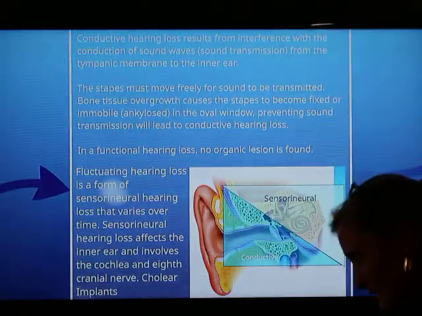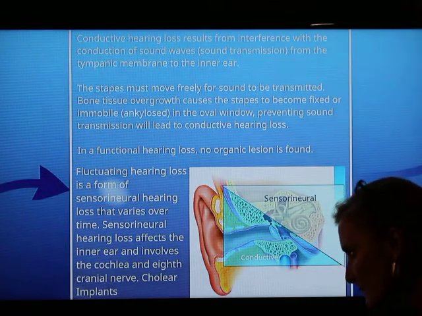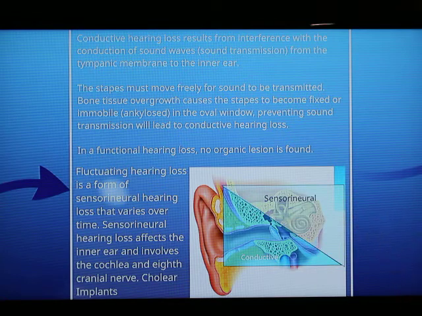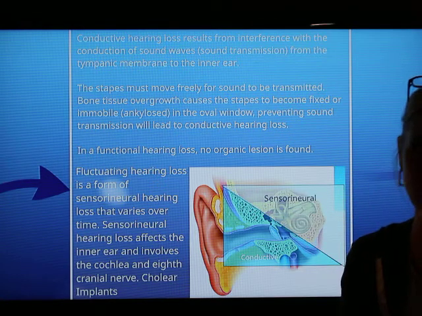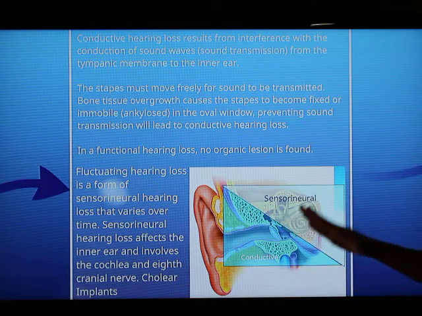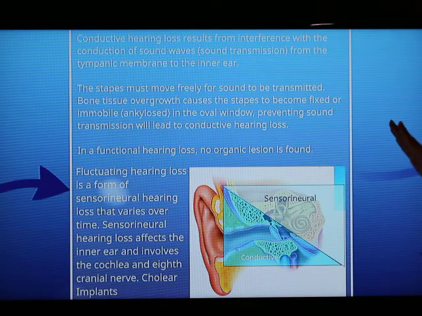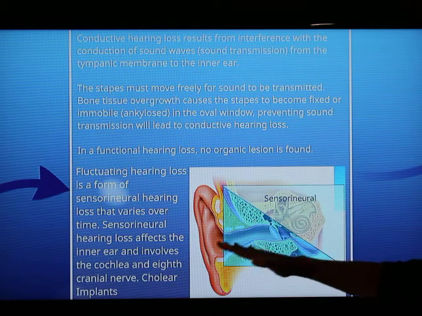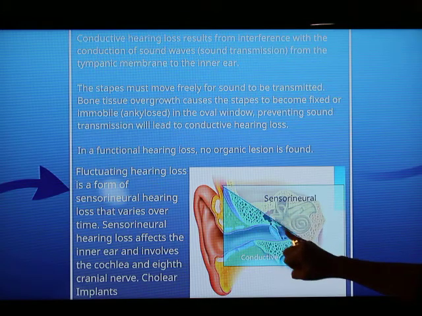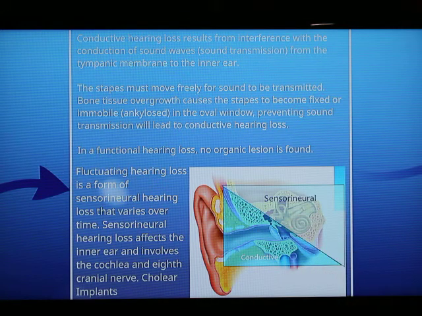This might make it a little bit easier. So the conductive hearing loss usually results from some kind of interference with the sound waves. And this is a good depiction of it. So your sensorineural hearing losses usually occur in this part of the ear. Your conductive hearing losses occur in this part of the ear. And you'll notice these little bones are right divided in there because those little guys are responsible for the conduction